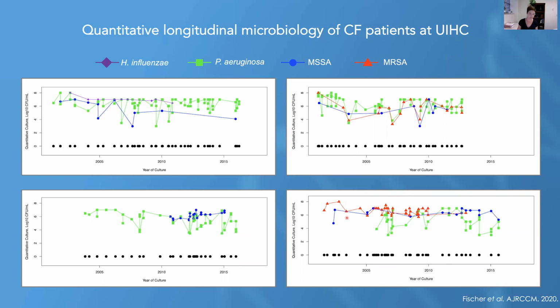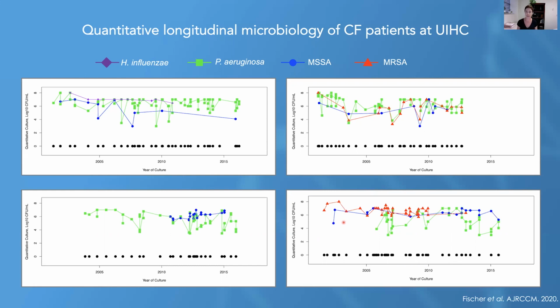And then a different patient who had both methicillin sensitive and resistant staph first and then acquired a Pseudomonas infection. And so when we looked for patterns within these patients, what we really found was that there wasn't a pattern aside from that they could get different types of infections. They could get them in any order, so they could have staph first or Pseudomonas first. One was not more common than the other.